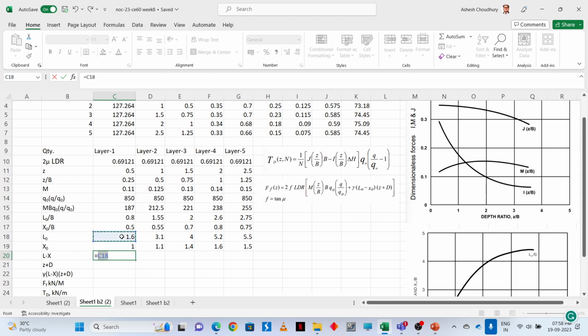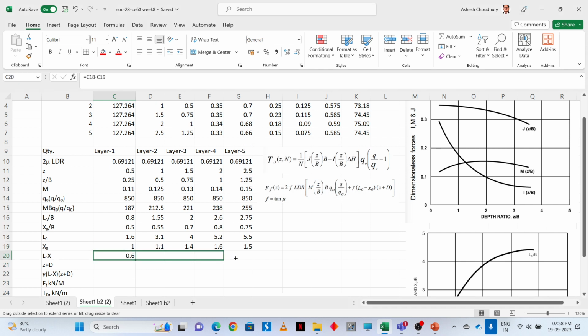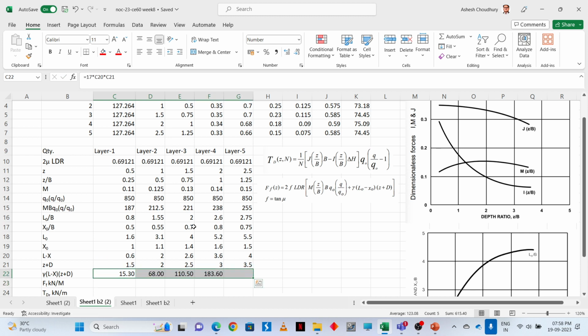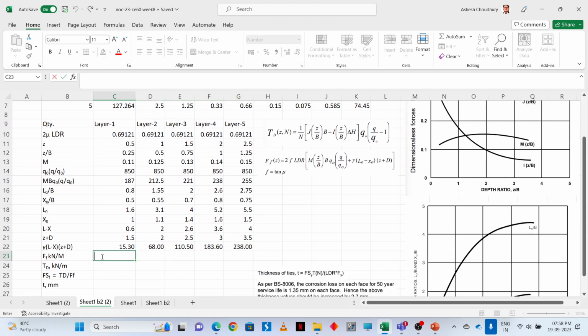Now L naught minus X naught. Minus X naught I got. Z plus D is 1. And now let's put again 70 times L minus X times Z plus D. Done. Finally FF